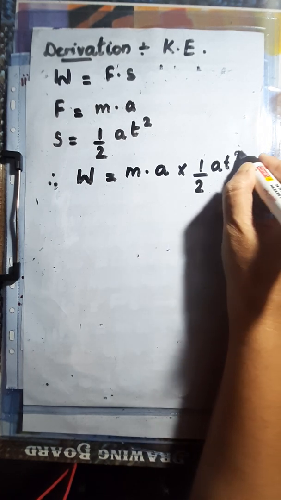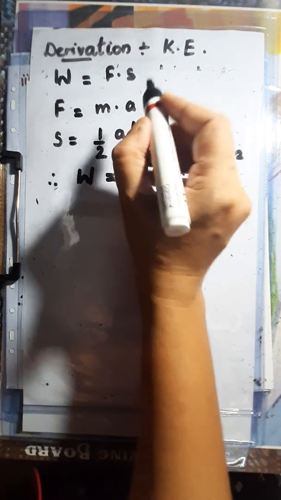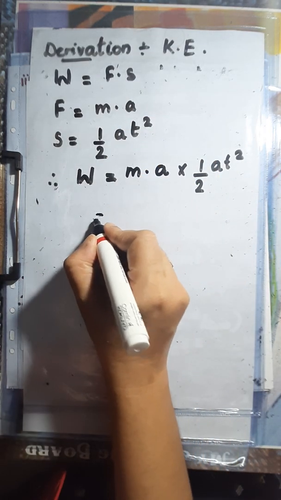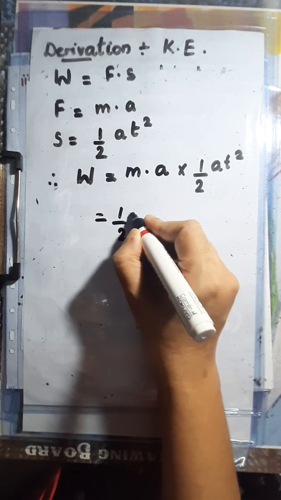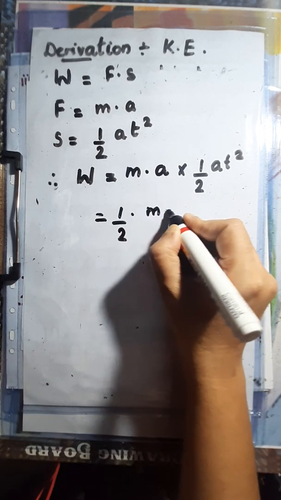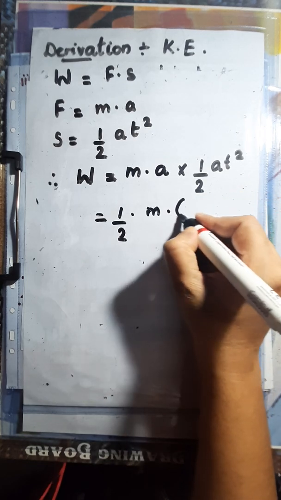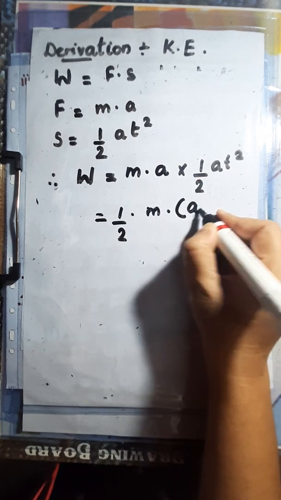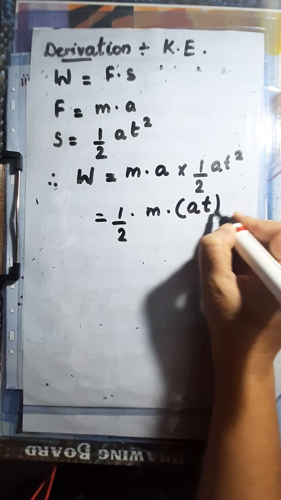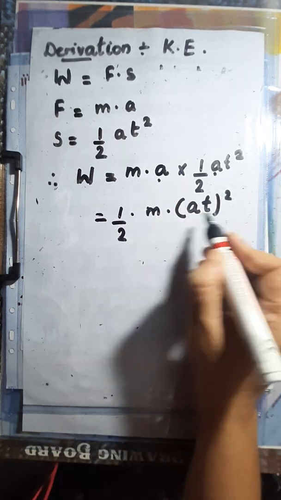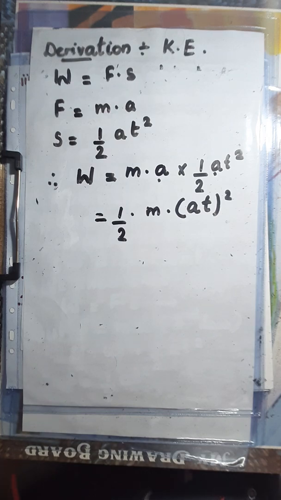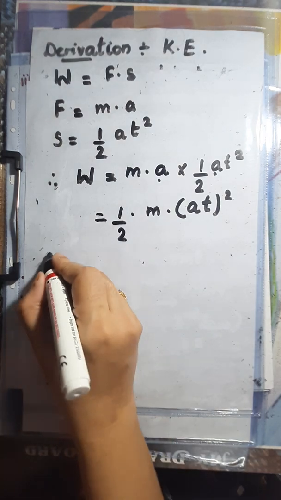Instead of S we are putting half AT square. So this becomes half into M into AT, the whole square, because A into A square, T square. So AT the whole square. But